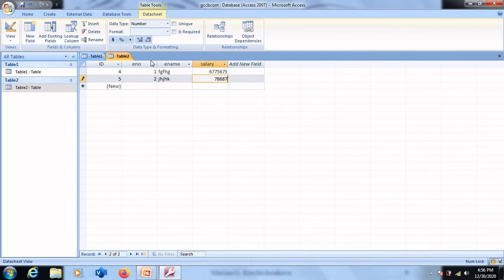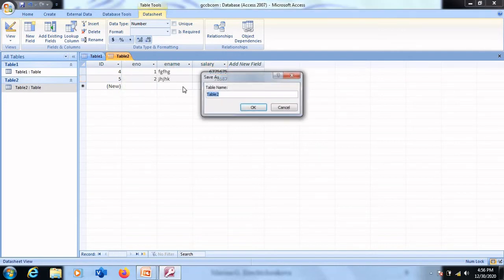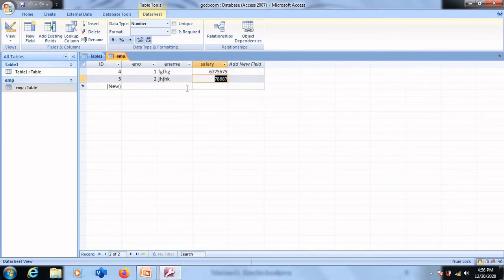And to save this table, you will have to go to these tabs, right click and click on the Save option. If you click on Save, it will ask you to provide a name. Provide any name and your table will be saved with the given name. So this is how tables can be saved, and also data gets stored automatically.